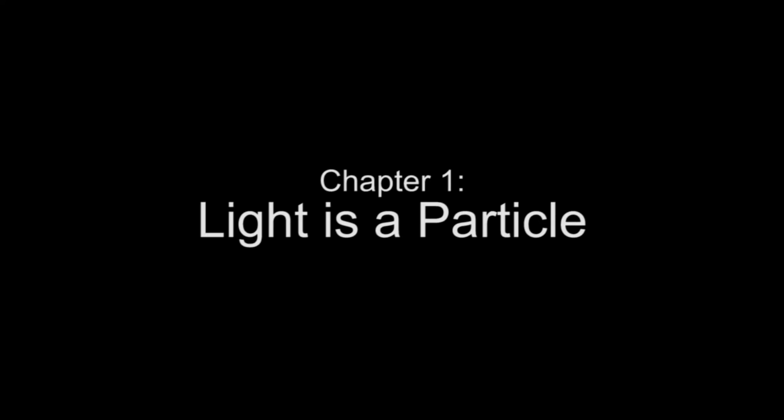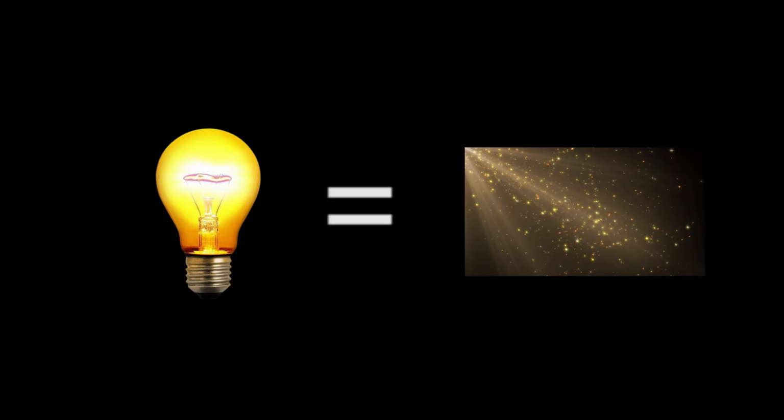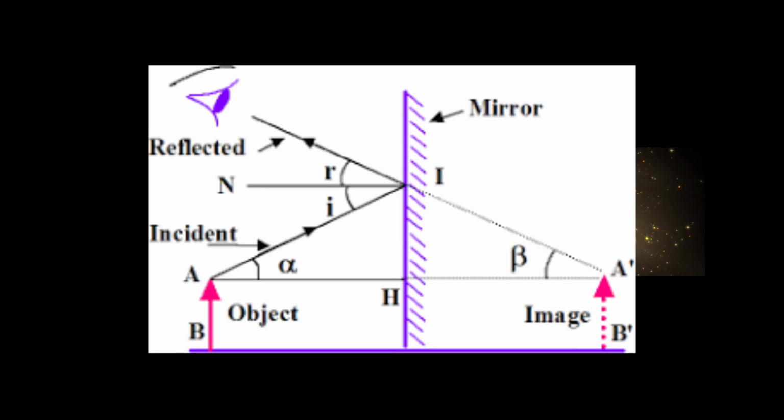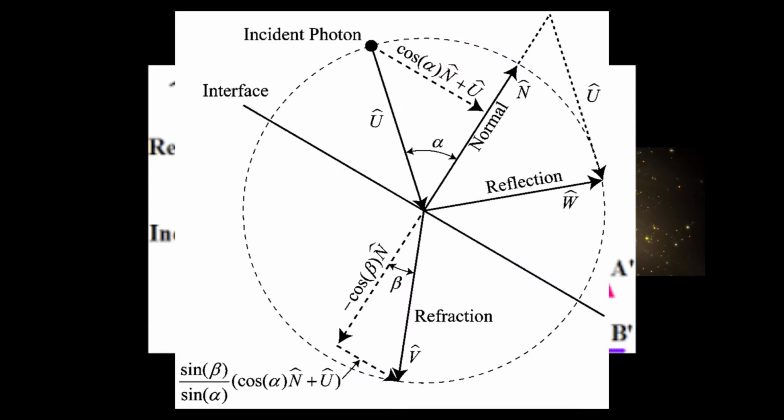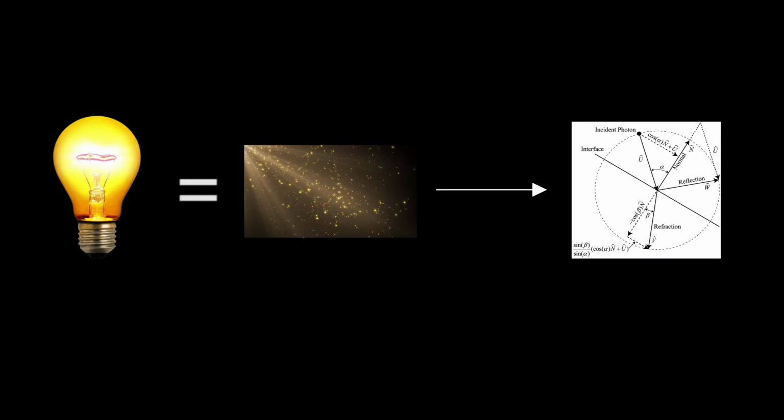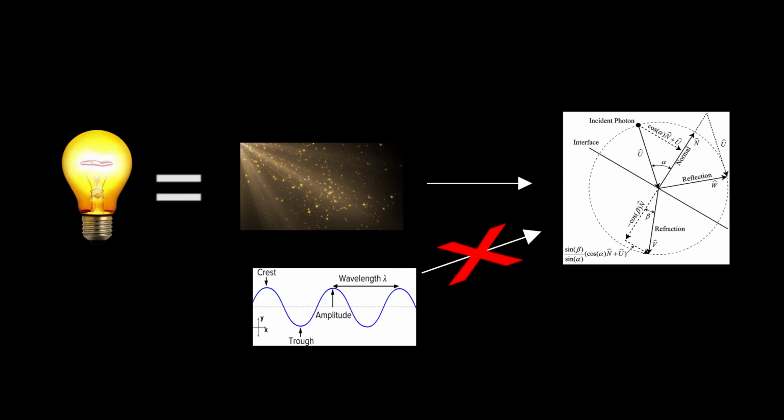In the 1600s, we already had a good grasp on the properties of light. The physics superstar Isaac Newton proposed that light was made up of particles. He argued that the geometric nature of reflection and refraction of light could only be explained if light were made up of particles. He also argued that waves do not travel in straight lines, therefore it cannot explain light's straight line travel.